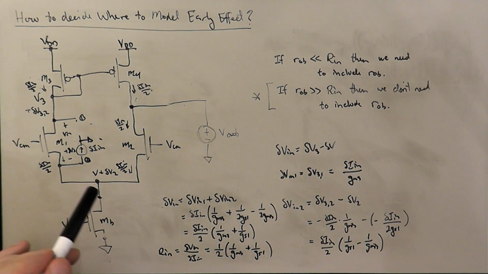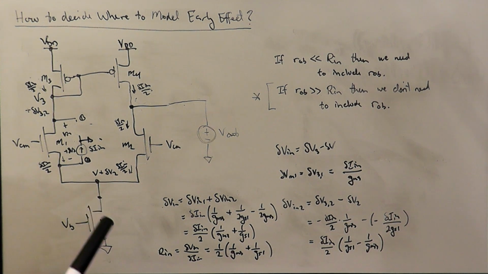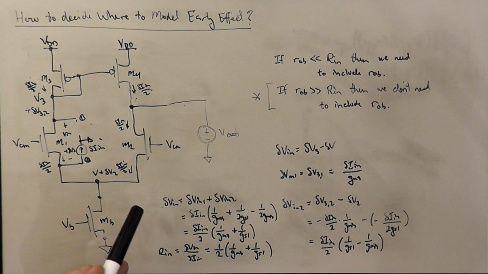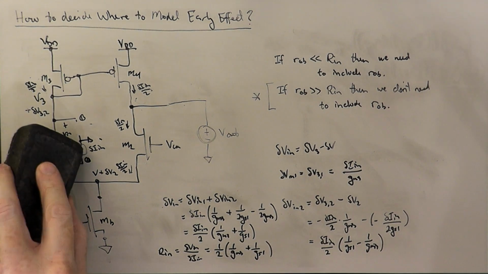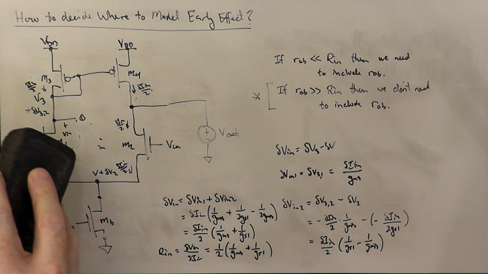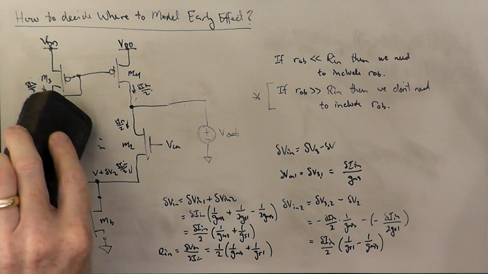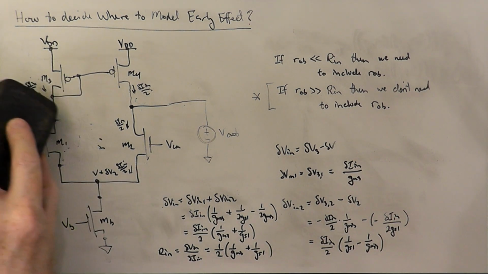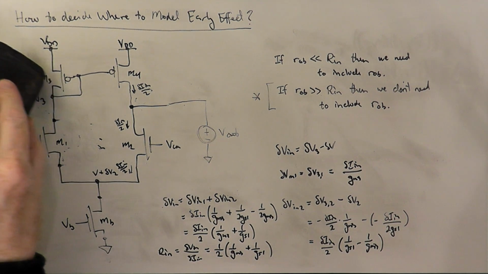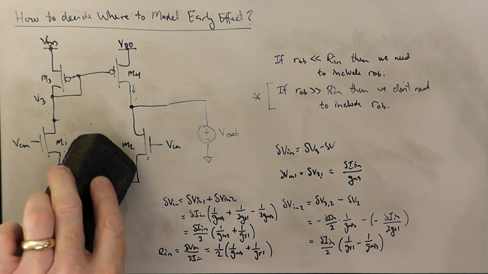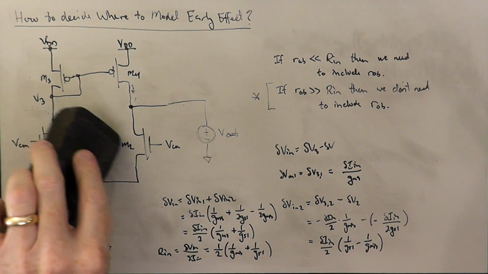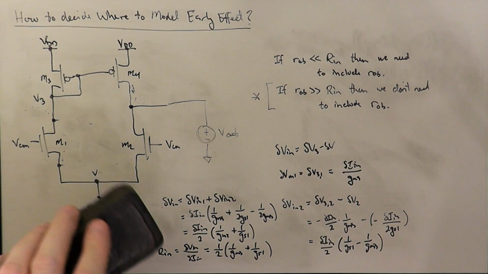That's kind of the flavor that this calculation has. So you don't want to have to go through this explicitly for every transistor in the circuit. What you'd like to do is be able to make that judgment without having to do the calculation. So, for example, if I were to not go through this explicitly, for M2,